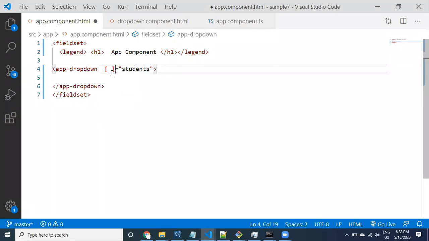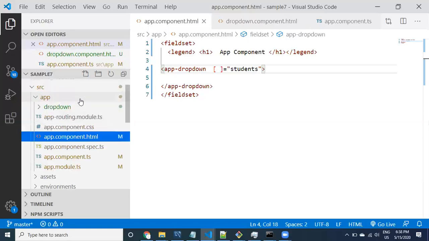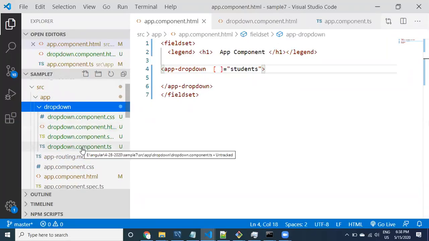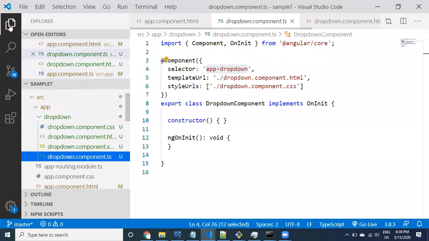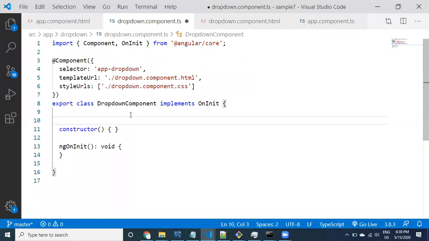So go to the dropdown component class. Here I have to take a property to receive the data from the parent class. Whatever property name you want, you can take it.